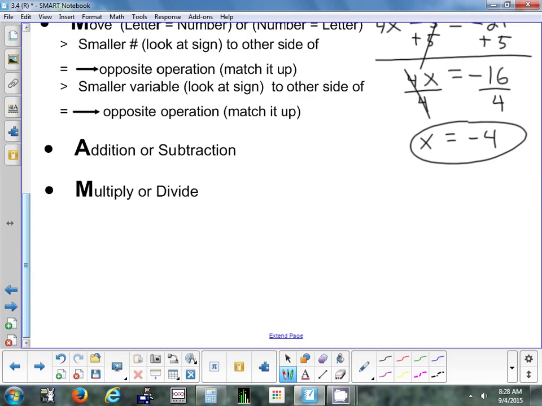Let's just do one more because we're going to look at some special cases, but we want to make sure you guys have at least the standard case, which you're going to see a lot. All right, special cases, you'll see them a little bit, I just want to show it to you guys, but you're not going to see special cases a lot. All right, let's try this one. We've got 9x minus 5